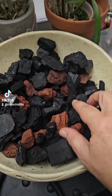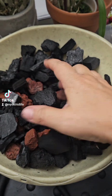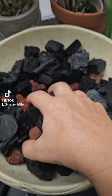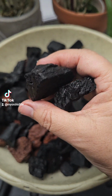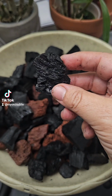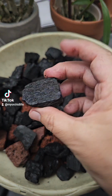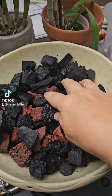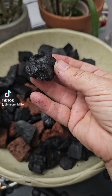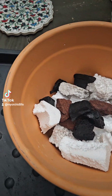Then I like to take some charcoal and lava rock. The lava rock I get over at Home Depot or Lowe's, whichever one. The charcoal, you can pretty much find it anywhere, but I like to use the 100% charcoal. It's all natural and there's nothing in it. And sometimes you get really, really big pieces, so what I do is I cut them to about this size. All right, then I take this and I fill up the pot